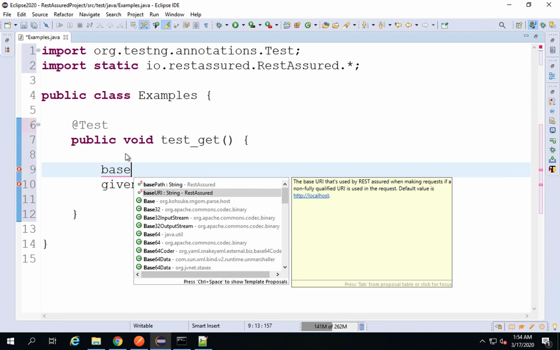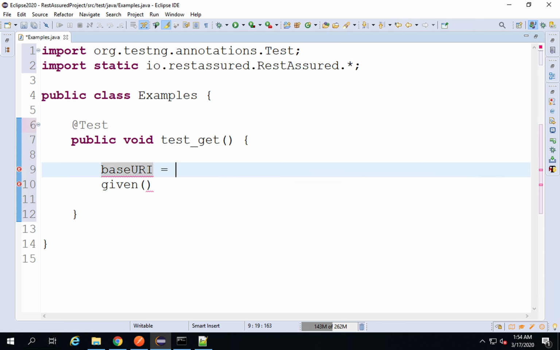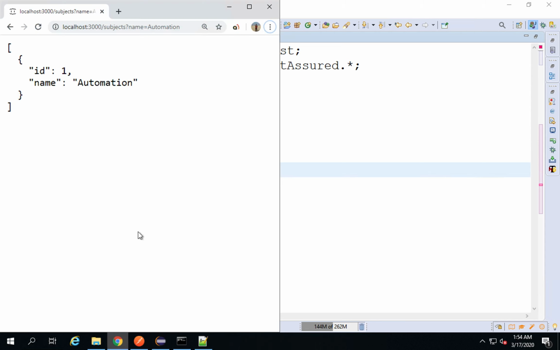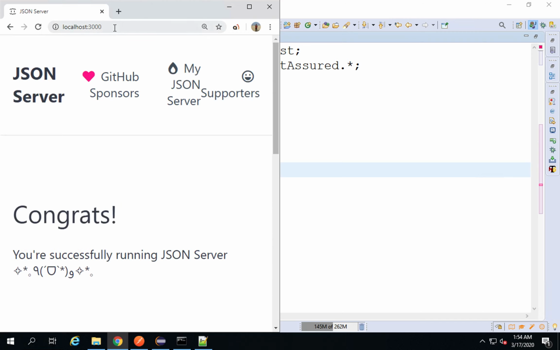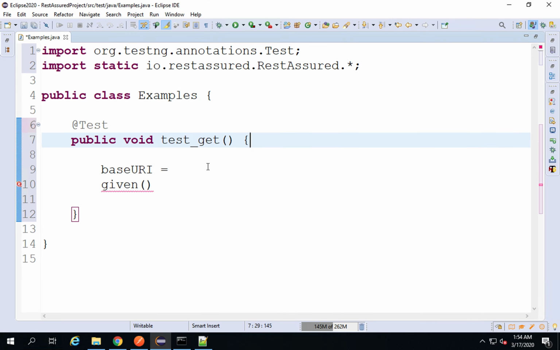Yes, we have a base URI here, and this I will set to our base URI, that is http://localhost:3000. So this is what I will set the base URI to, and then